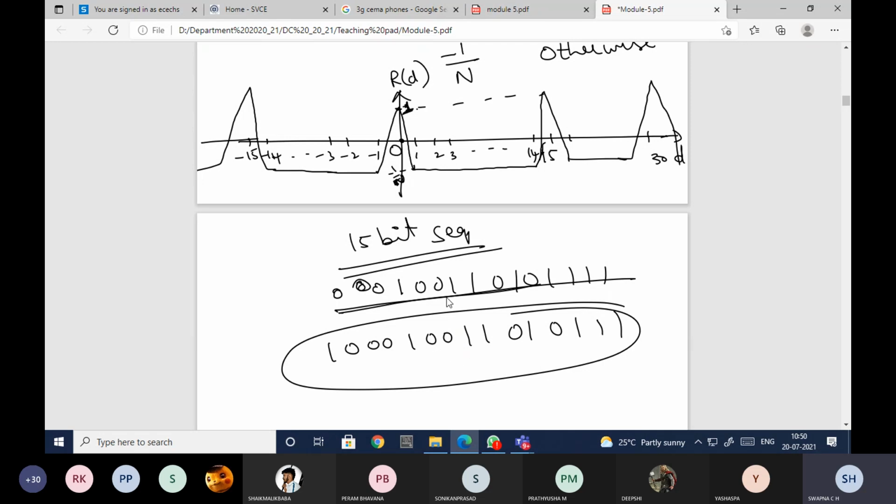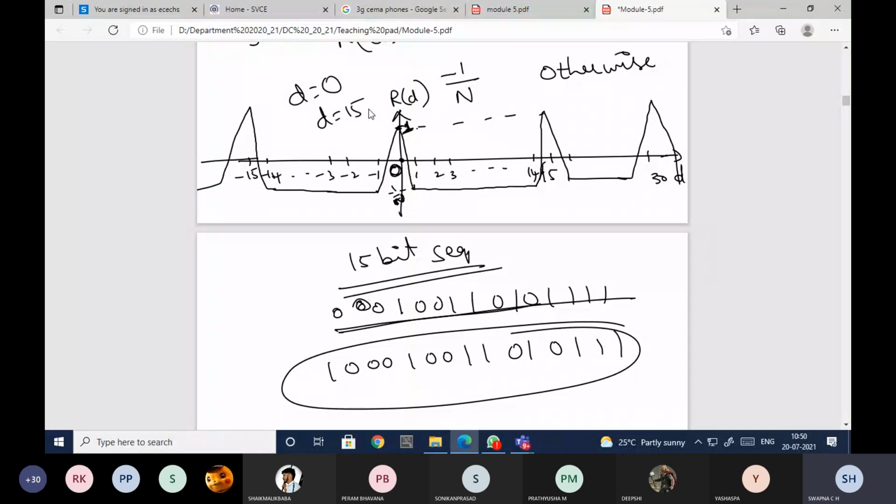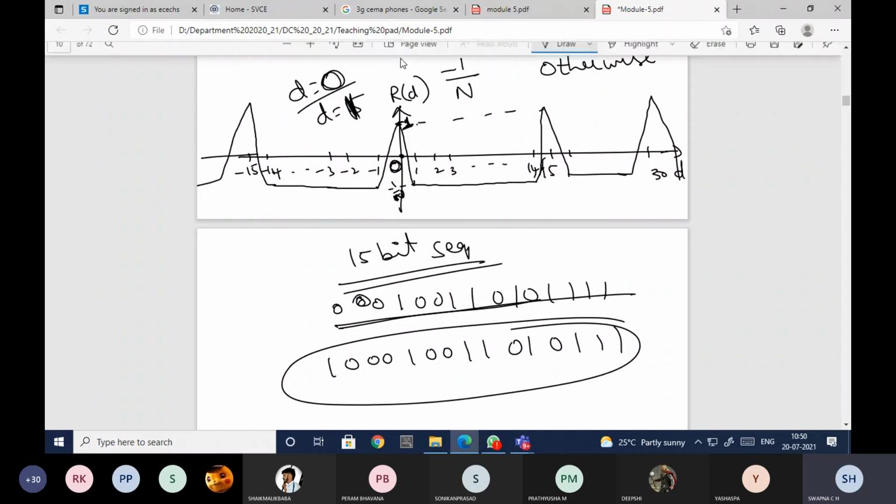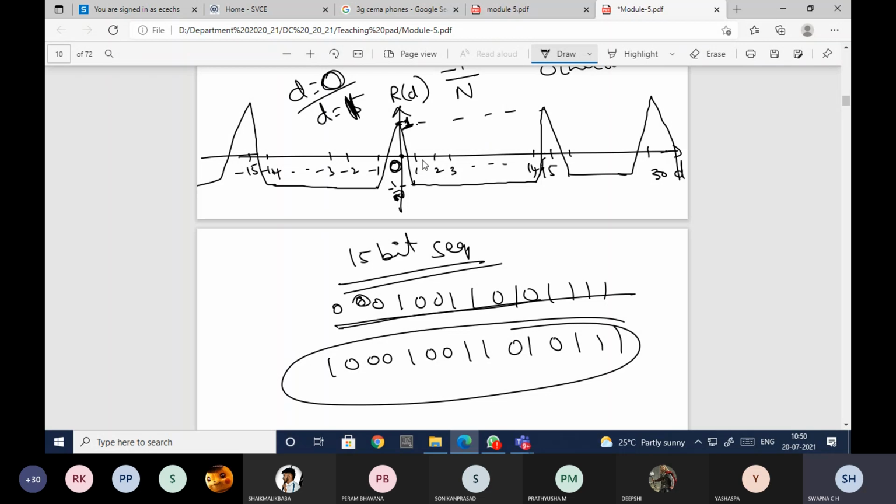That is one more thing. And if you just check the autocorrelation function for d equal to 0 and d equal to 1, I have just shifted one bit. When d is equal to 0, we have not shifted anything; we have just taken c of n itself. When d is equal to 1, we have circularly shifted it, which means the last bit I have taken first. With that, the autocorrelation function is negative, which indicates that they are not correlated with each other.